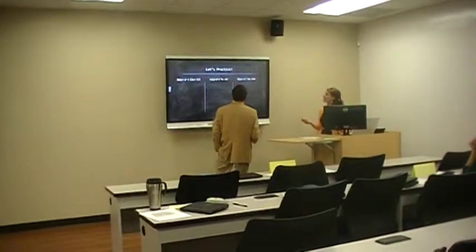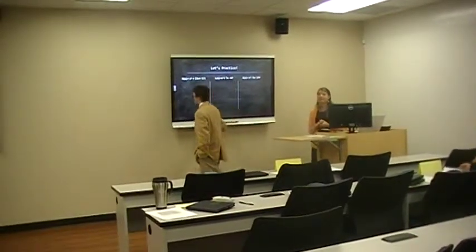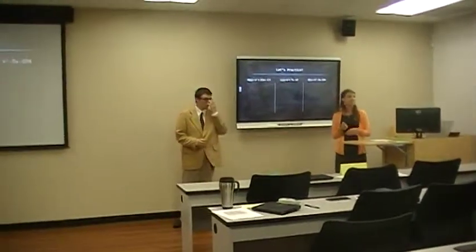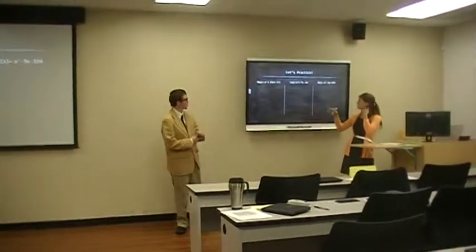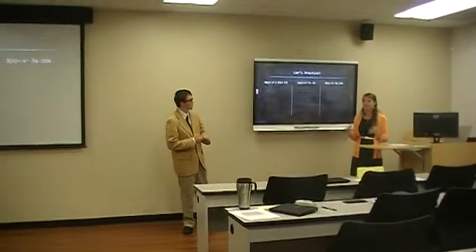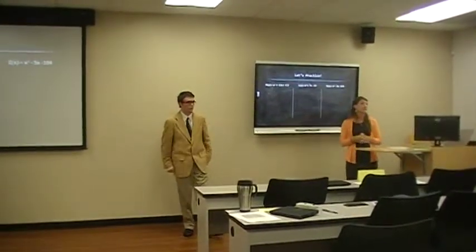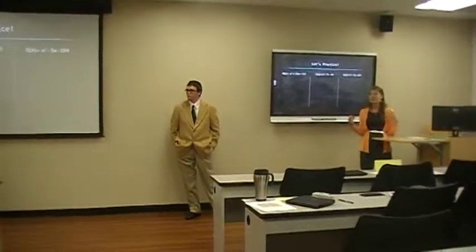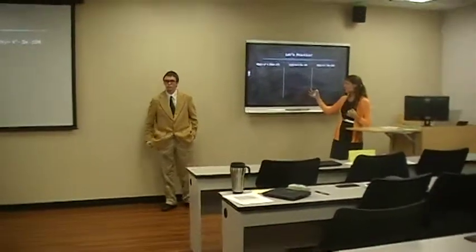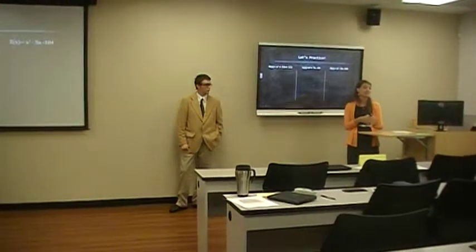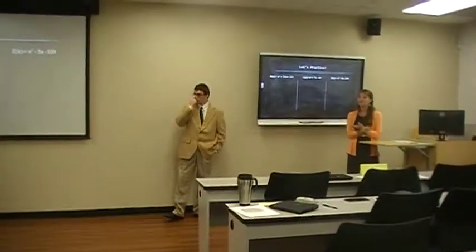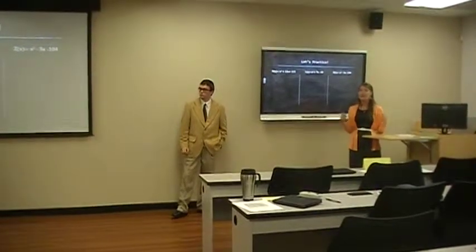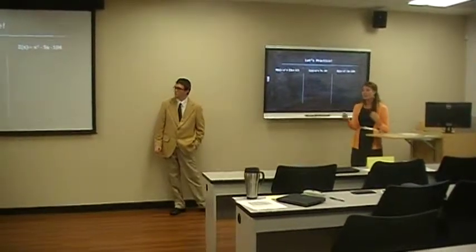Okay, now we're going to practice with a partner. So we handed out worksheets at the beginning of class, so now is the time to get those out. So try to work on as many as you can. We're going to work on these for a few minutes. What you want to do is you and your partner want to go through some ideas of factors that add up to equal the number when you're factoring, or you can simply factor them and then switch your papers and have your partner check it by the FOIL method. Does that make sense? And if you have any questions, feel free to raise your hands. We'll walk around and help.